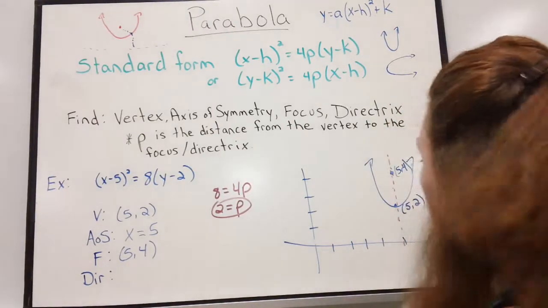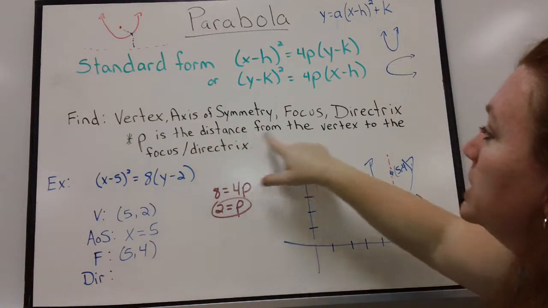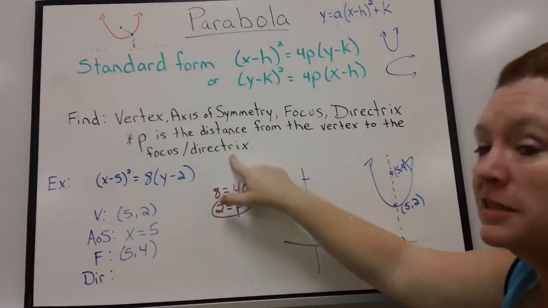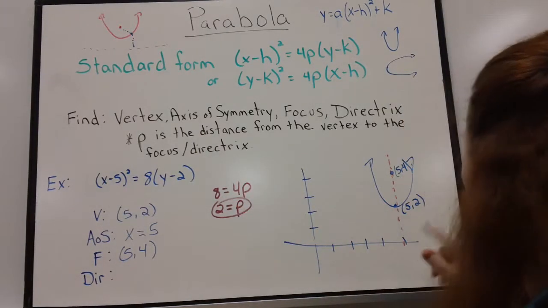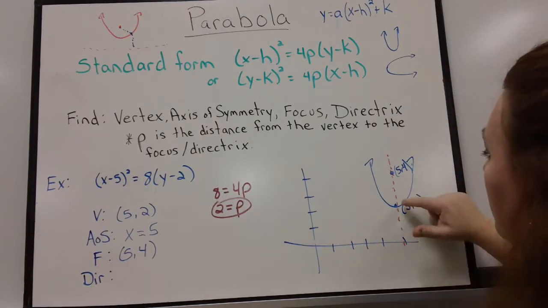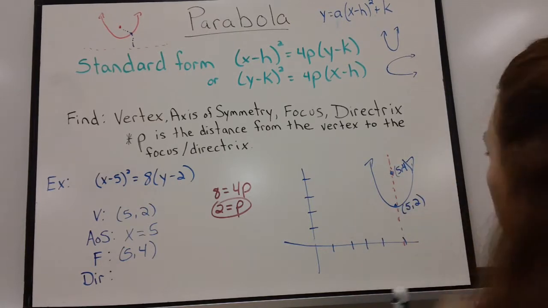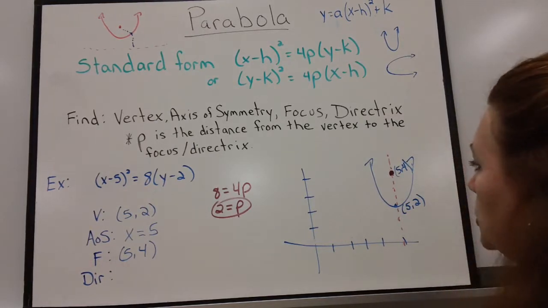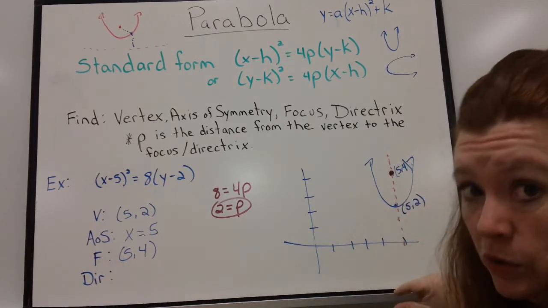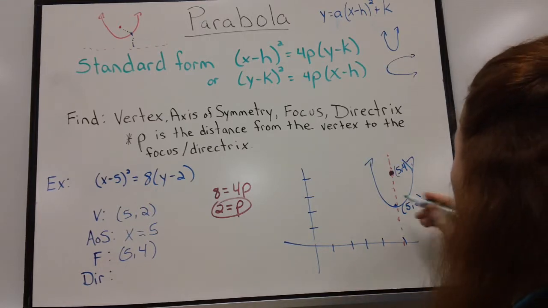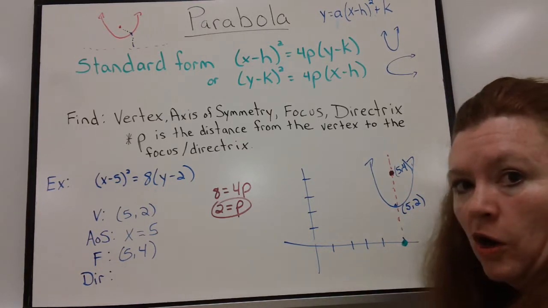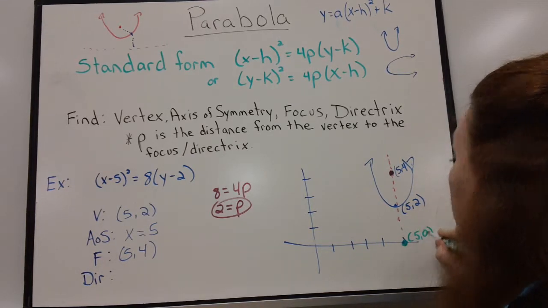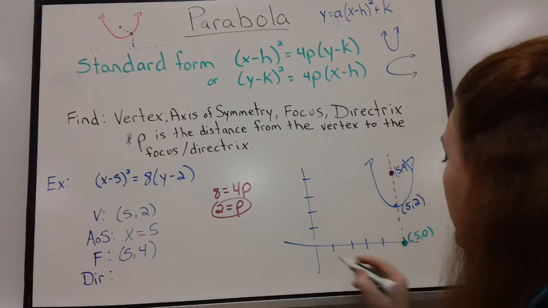They're never the same. So if 2 is the distance from the vertex to the focus, then 2 is also the distance from the vertex to the directrix. Meaning, if I am going to go up 2, I should probably have done this in maroon. I'm going to go up 2 to get to my focus, and I must go down 2 to get to my directrix. If I go down 2, I'm actually right here on the x-axis. This is the point (5, 0), by the way, but my directrix is not a point. It is a